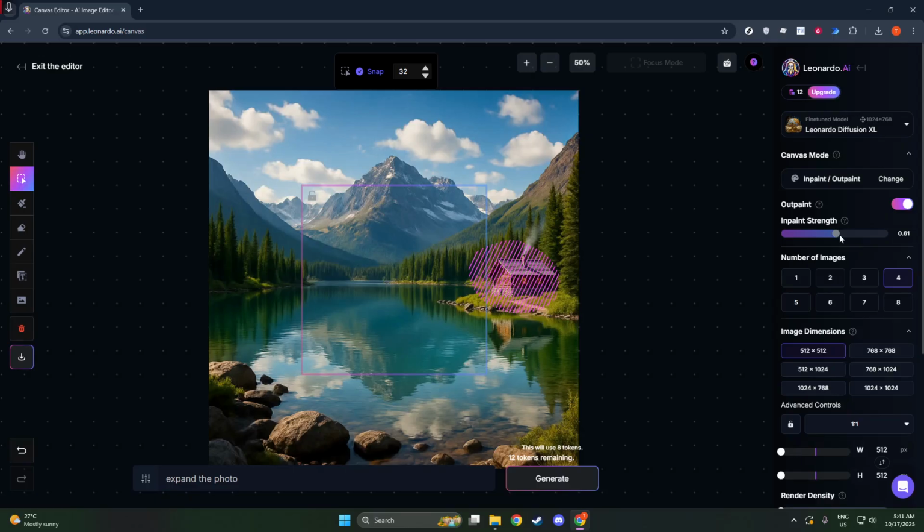Adjust the in-painting strength, according to how drastic you want the changes to be. Dragging this slider to a higher percentage means the alterations will be more pronounced. For variety, set the number of images to 4, allowing Leonardo AI to generate multiple versions for you to choose from. With your settings configured, the next step is to enter a descriptive prompt in the provided bar at the